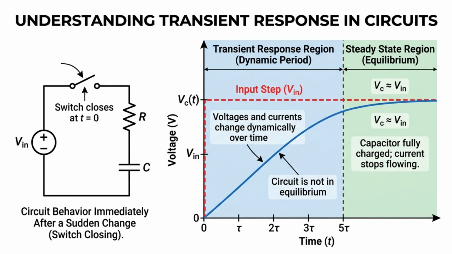Transient response describes how a circuit behaves immediately after a sudden change in input, such as turning on a switch, applying a voltage step, or disconnecting a source. During this period, the circuit is not in steady state, and voltages and currents change dynamically over time until equilibrium